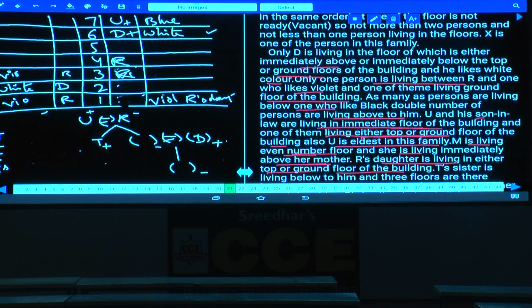Okay, next one. What is the other information here? 3 floors are in between T and his sister. Now who is the sister here? Sister is nothing but R's daughter, isn't it? 3 floors are there in between these two persons. Tell me where should this T be? Now 3 floors, this is the only